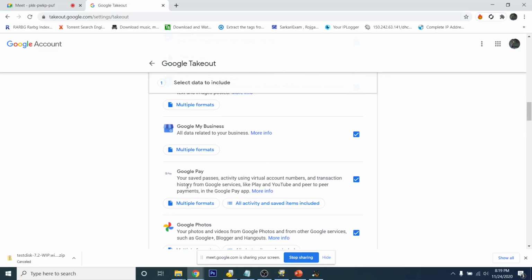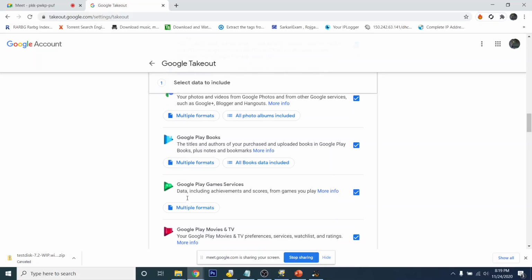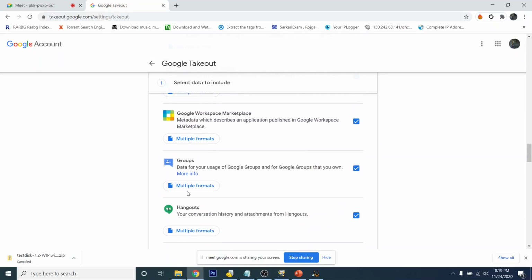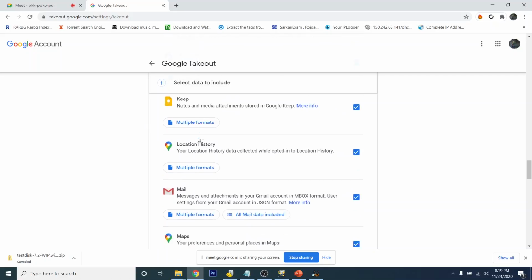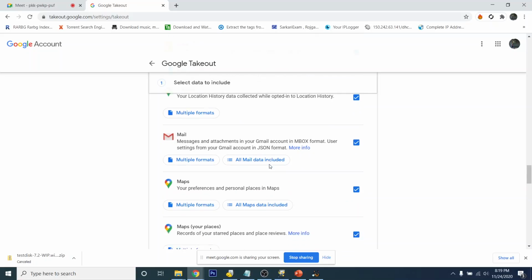It is taking data of my Google Pay, Google Photos, Google Play Store, and Google Home, all the information about my IoT devices, my mail, messages, and attachments in your Gmail account in MBOX format, user settings from your Gmail account in JSON format.